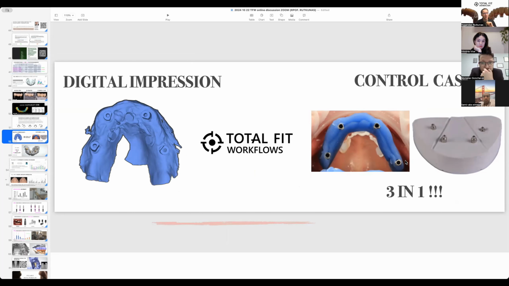So I do the splinting, and what I achieve in this way is a 3-in-1 effect. I get the splint, I get the verification jig, so I save an additional visit, and then from this, I can produce the physical model. So splinting is getting more popular, but there's not much information on which material to use.